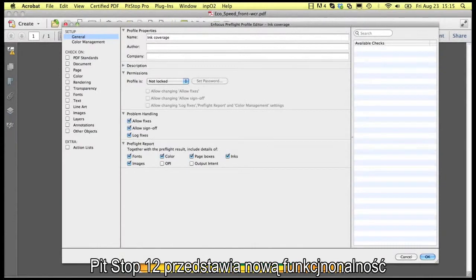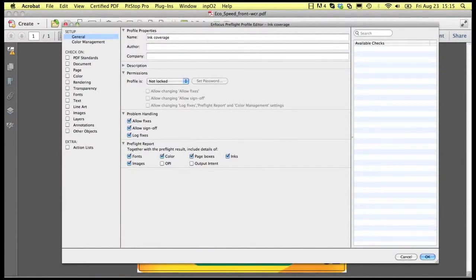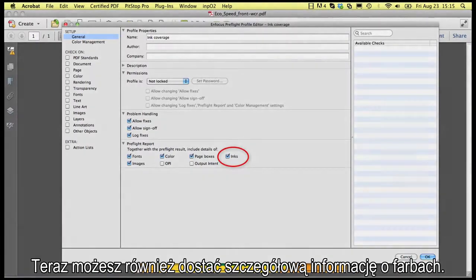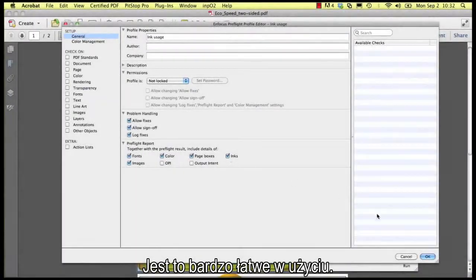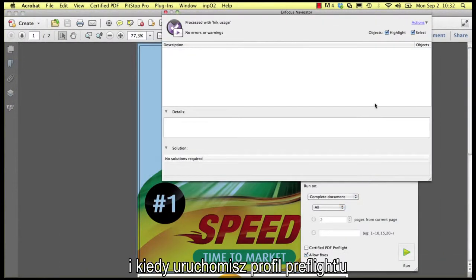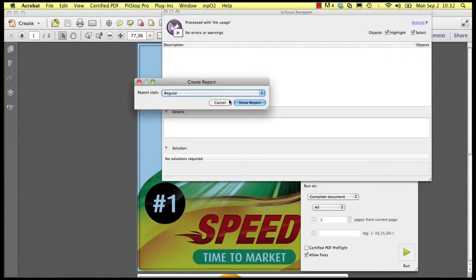PitStop 12 introduces a new feature in the reports. Next to the details about the images, the fonts, and so on, you can now also get details about the inks. It is very easy to use. Just toggle on the option, and when you run a pre-flight profile on a file, you will find ink information